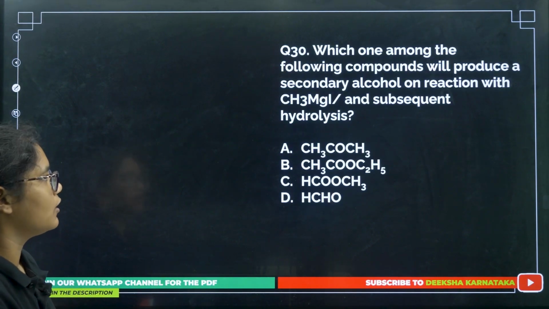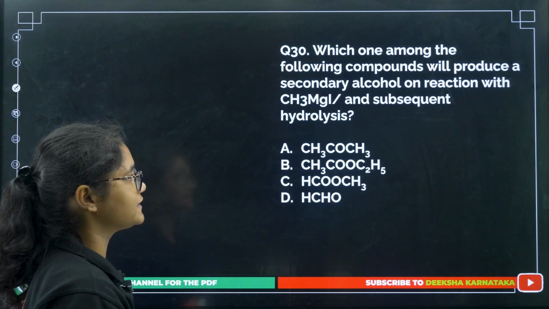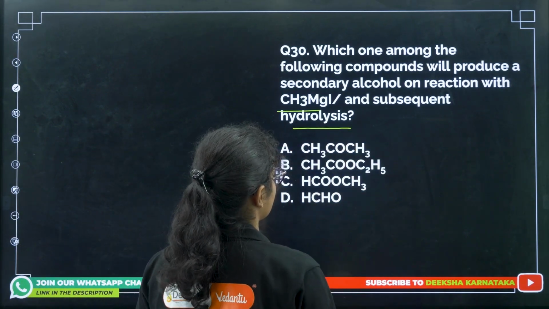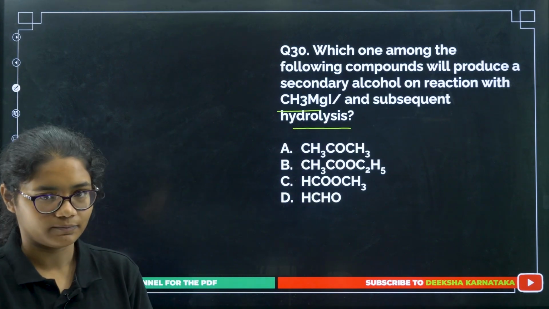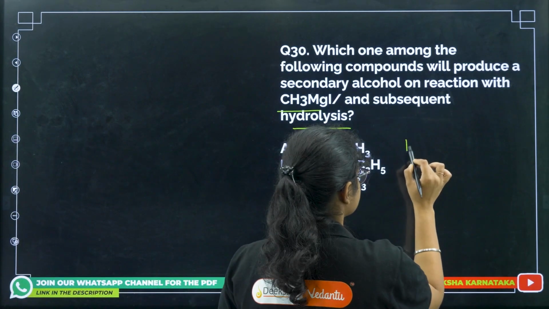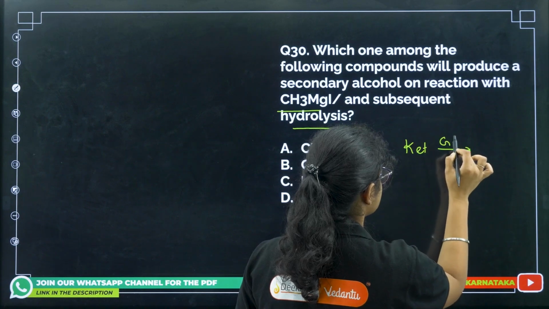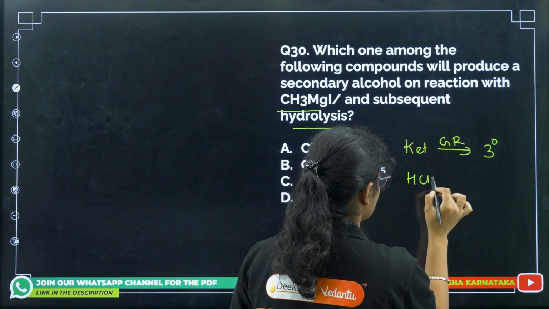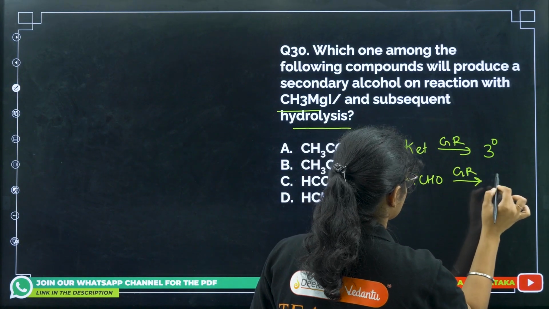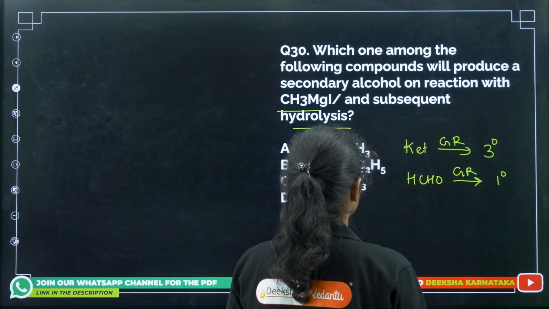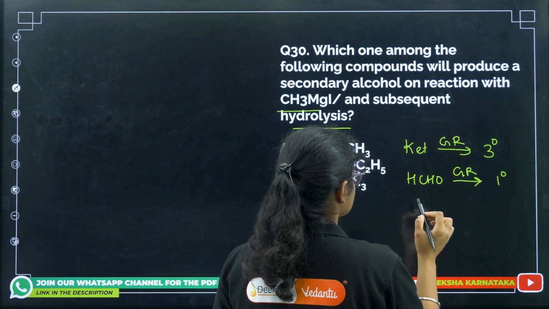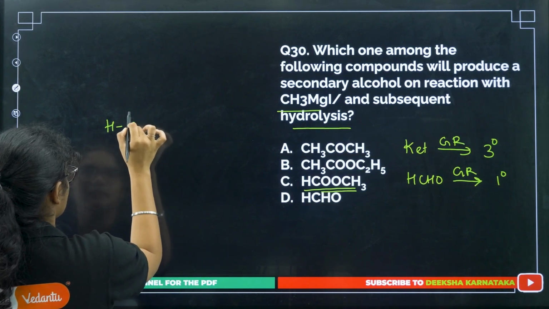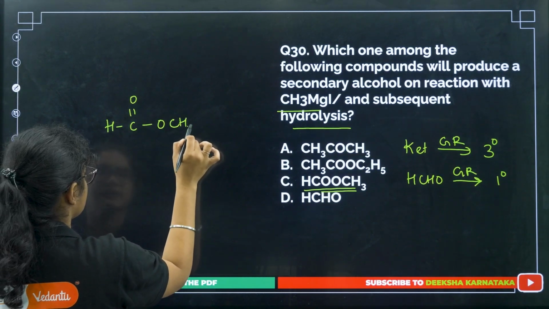Next, which one among the following compounds will produce a secondary alcohol on reaction with CH3MgI and subsequent hydrolysis? So we need a secondary alcohol. Okay, if you remember, ketones with Grignard reagent will always give you tertiary alcohols. And next, formaldehyde with Grignard reagent will give you primary alcohols. Okay, next we are left with esters. So if we have the esters of formic acid, that is HCOOCH3,